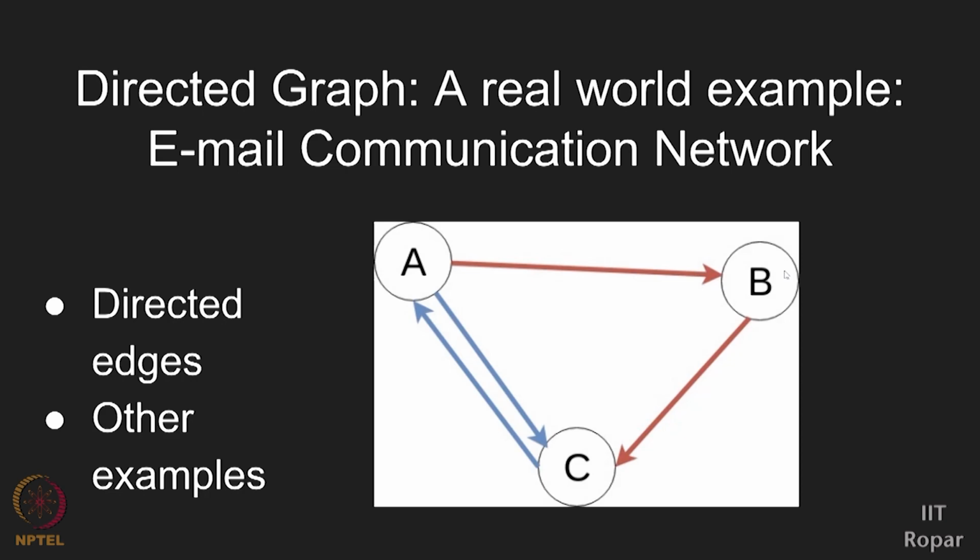Maybe another example, I may give from the marketing domain. In the marketing domain, we have something called the supply chain network. Basically the different companies are the nodes here, and if one company supplies some material to another company, there is a directed edge. Let us see this company B. Company B is acquiring some raw materials from company A, making some products, and supplying those products to company C, something like this.